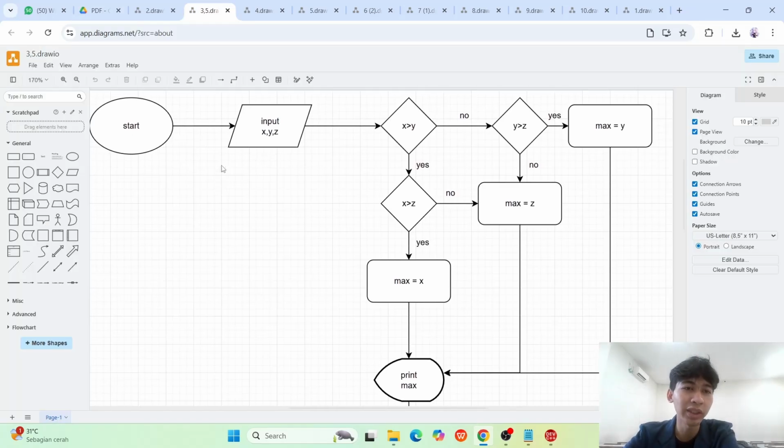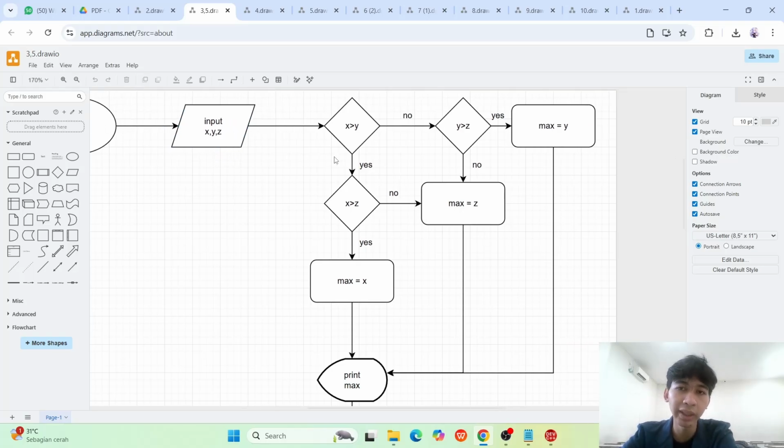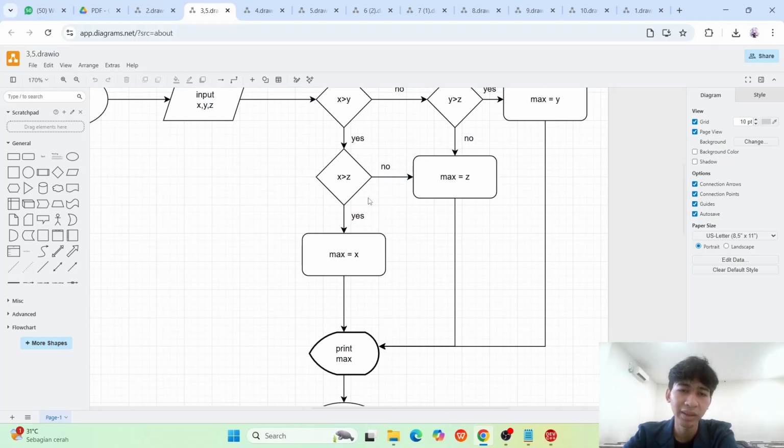So we move to the flowchart section. Okay, the program starts, and then the user has to input 3 integers, which are x, y, and z. And then the program will run a decision: is x value bigger than y value? If yes, then the program will do another decision: is x value bigger than z value?